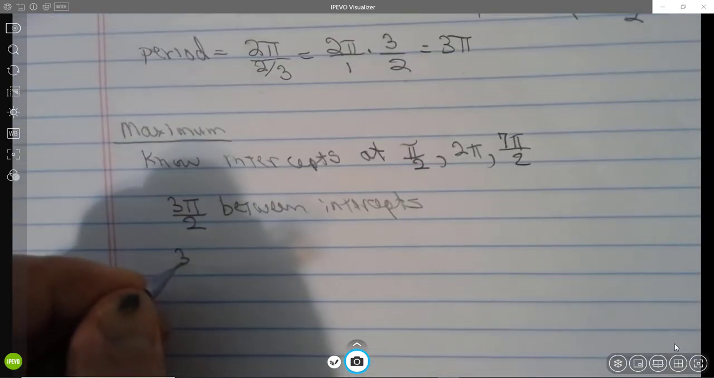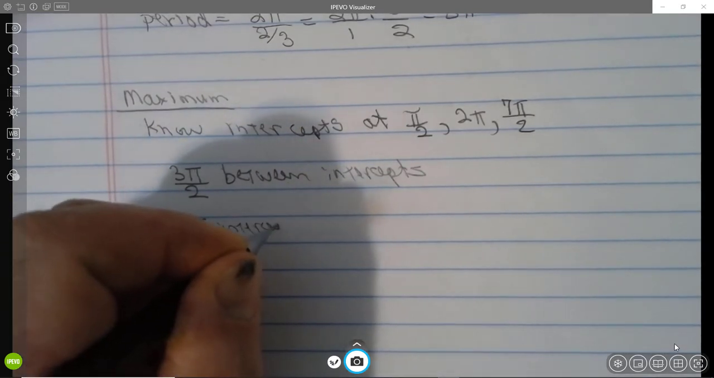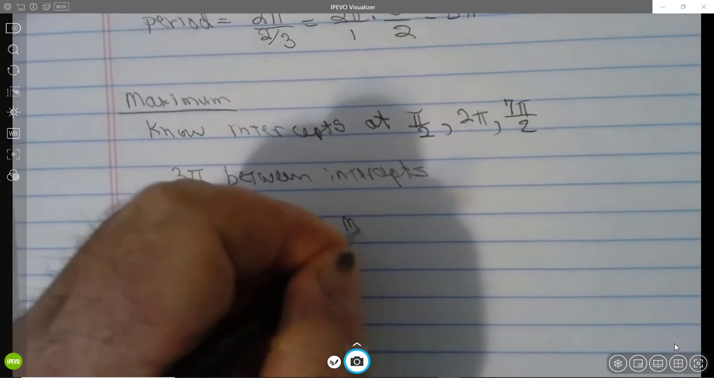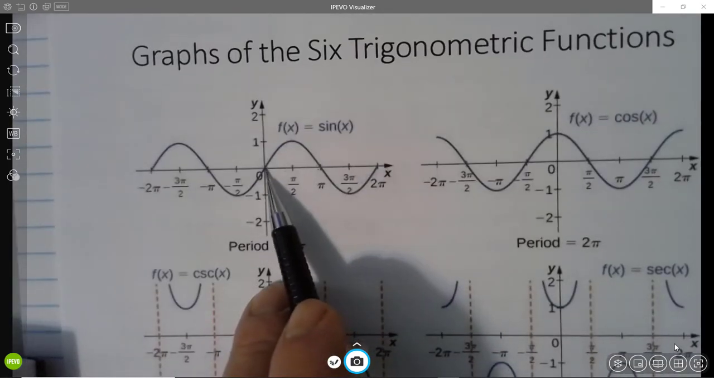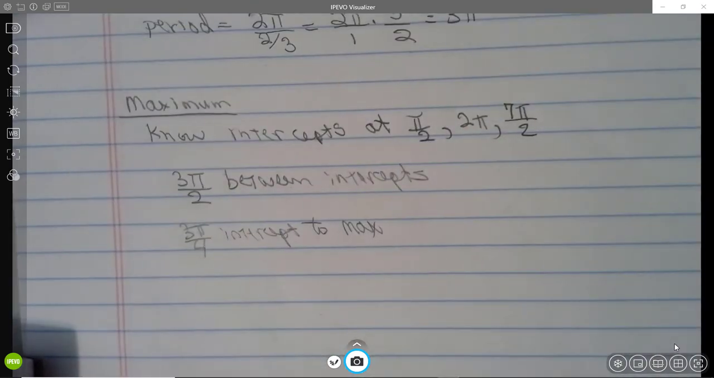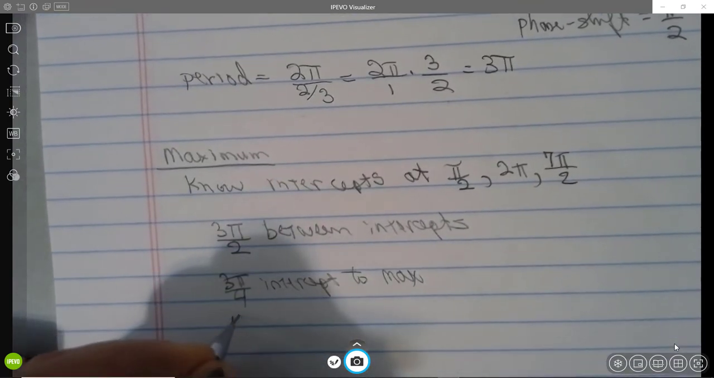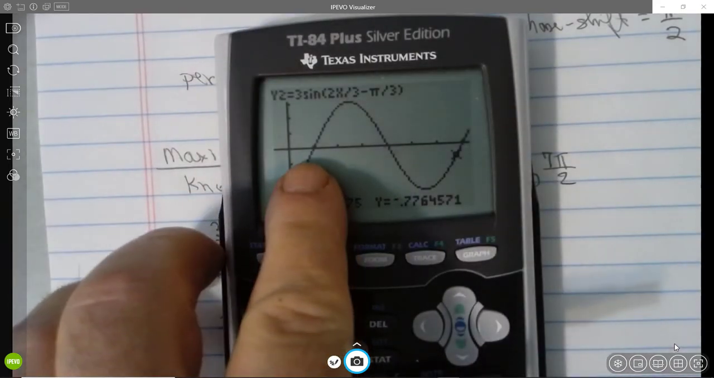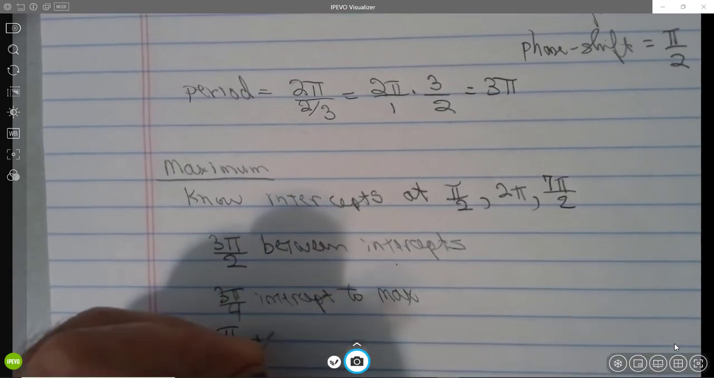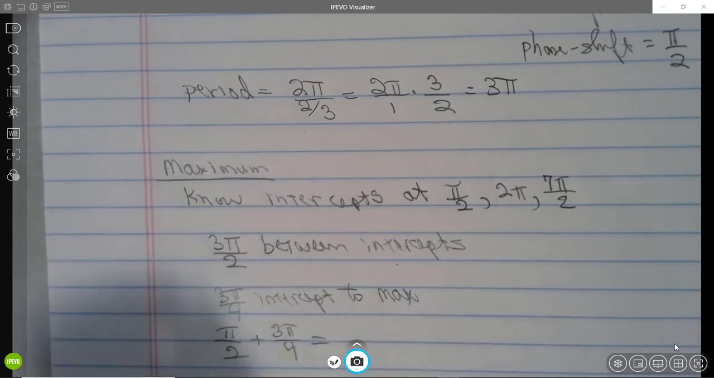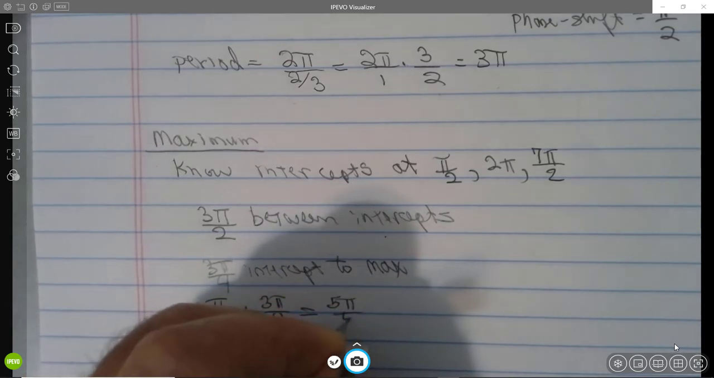So half that distance, 3 pi over 2, is the distance from an intercept to the max. So from this intercept here to this max here on our modified function, that distance is going to be 3 pi over 4. Well, we know that the x-coordinate of the intercept was pi over 2. You could get that off the graph, or we could compute it, and then we will add 3 pi over 4. So I have 2 pi over 4 plus 3 pi over 4 makes 5 pi over 4